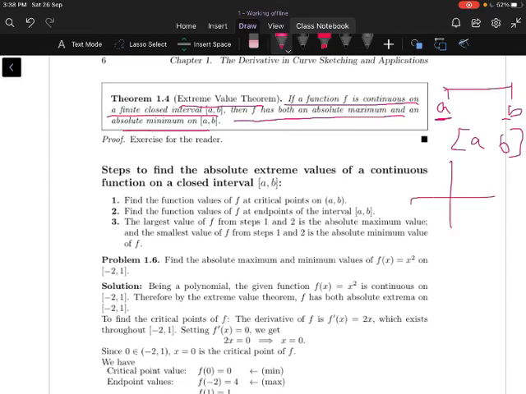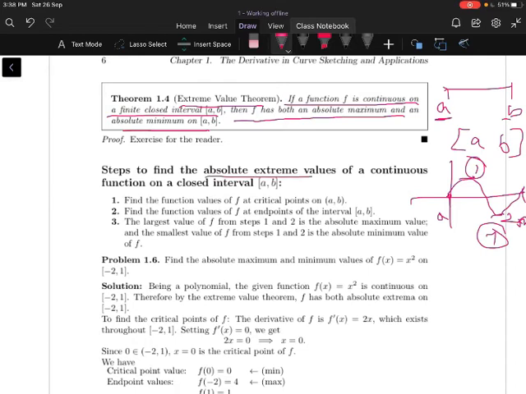So for example, if I take here a sine function, for the interval 0 to 2 pi and more it is continuous. For the closed interval 0 comma 2 pi, you know what the absolute maximum value is, that is 1. What is the minimum value? Minus 1 for the function sin x. Therefore the absolute maximum value is 1 and the absolute minimum value is minus 1 for the interval 0 comma 2 pi.